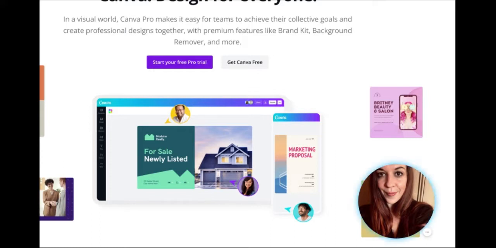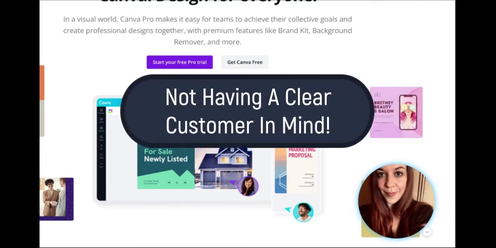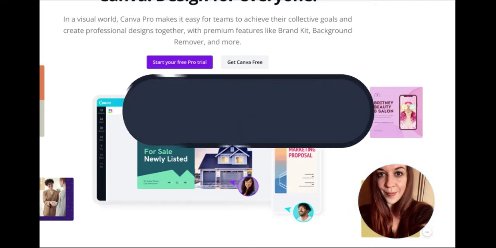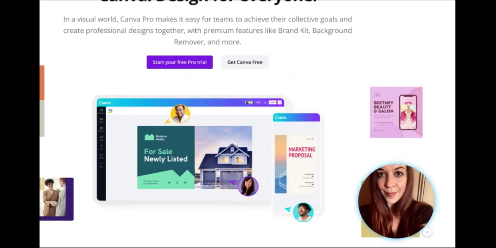So one is not having a very specific customer in mind. And this kind of ties up with going into a broad niche, I would guess. So you need to have a customer in mind that is going to be purchasing your book. You might want to think about how old they are, what gender they are, what their interests are, maybe what their problems are that you want to solve, what kind of style they're into, maybe what kind of music they're into. And also not just giving up after you've put out one book in a particular niche.